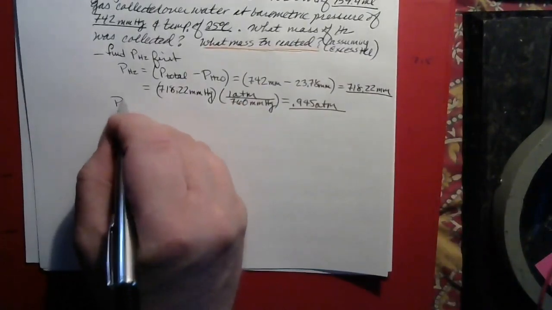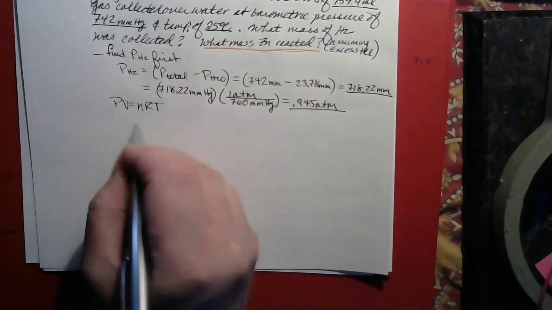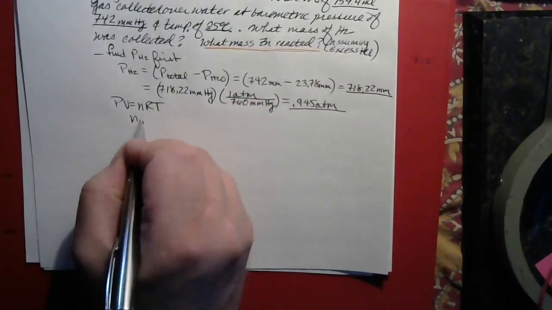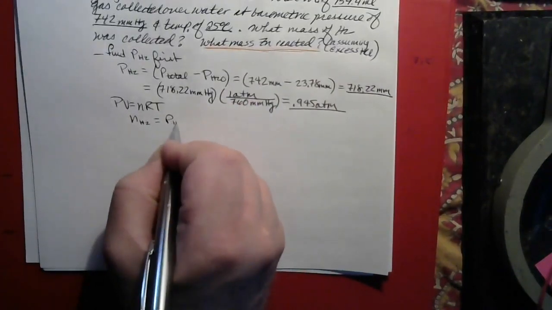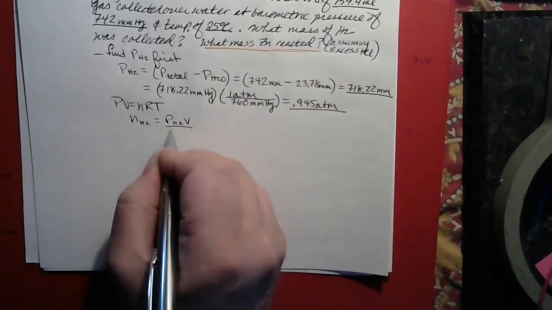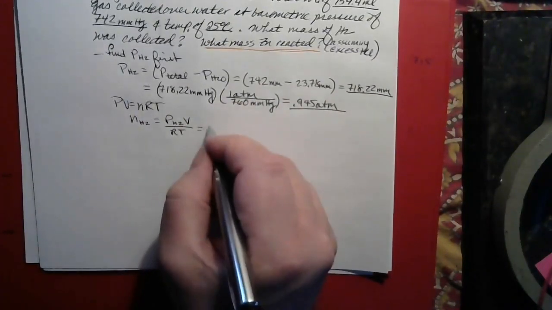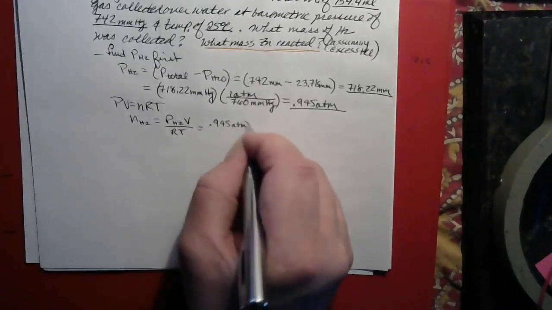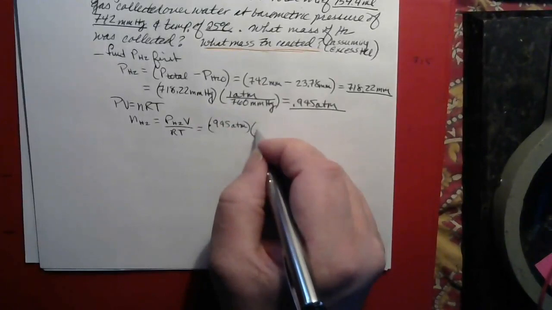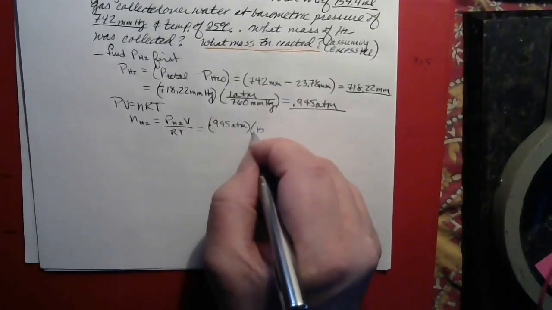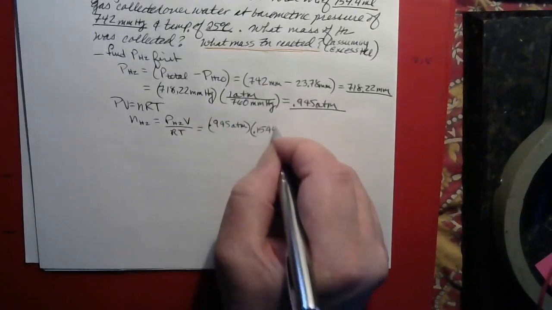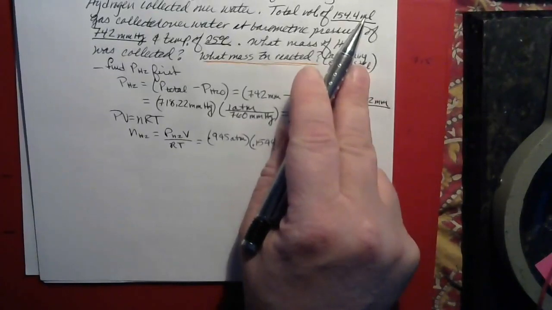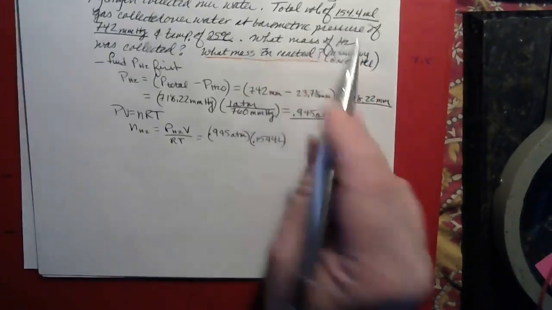Then all we need to do is use the ideal gas law. PV equals nRT, rearrange it to find n. n of hydrogen is just going to be the partial pressure of hydrogen times V over RT. Partial pressure of hydrogen is 0.945 atmospheres. The volume is 0.1544 liters. It was 154.4 milliliters. You just divide that by 1,000 to find liters, so it's 0.1544 liters